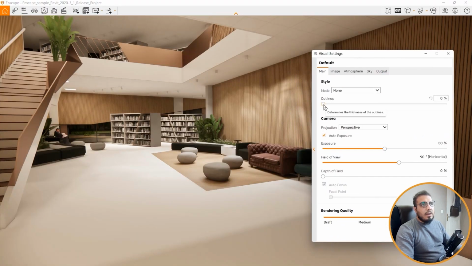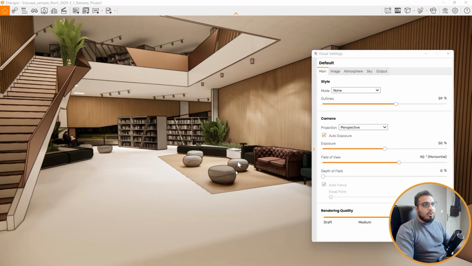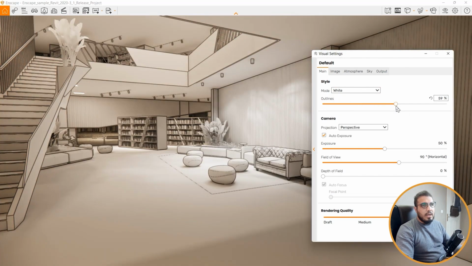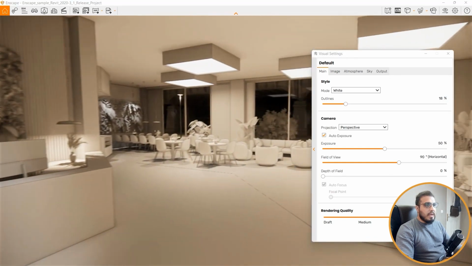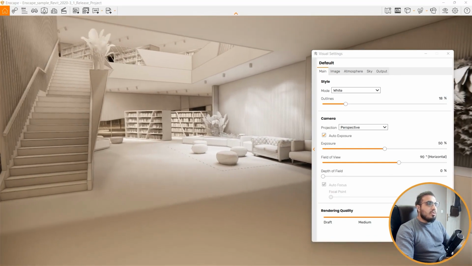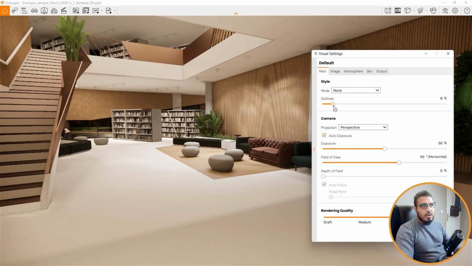When you increase the outline, it will bring a line in edges, but it's not that usable in some areas. For example, in non-filter mode, but in white mode it can be helpful. For example, you bring it on white, and when you assign a little bit of outline, it will be a little bit better to work. And also for the non-mode, usually I will put it on a really low number. It will make your scene pop up more.